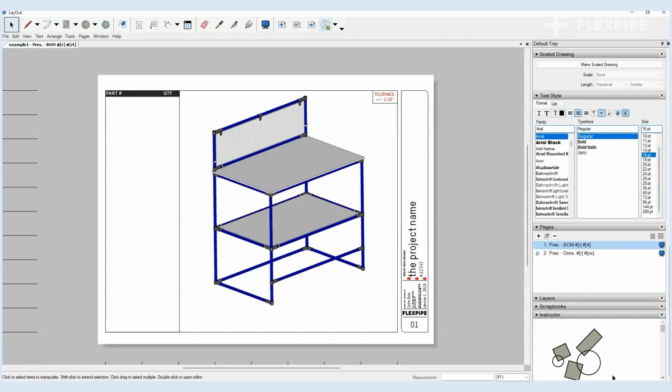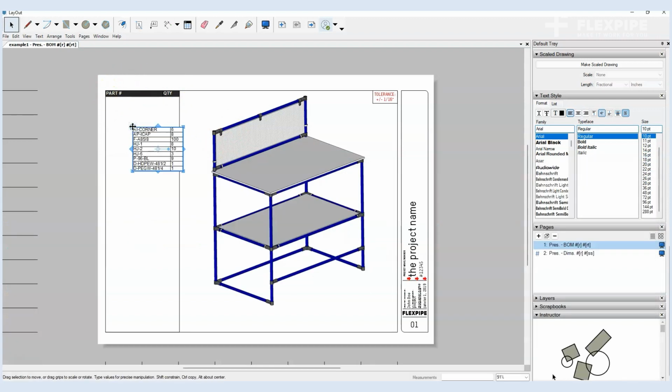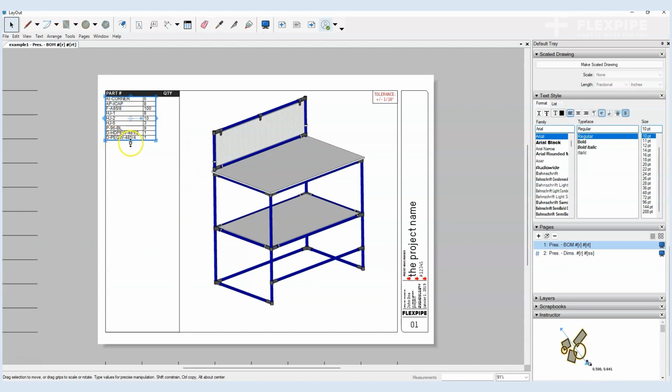So let's look for that in the downloads here. This BOM CSV full, this is the one that we want to drag and drop. So that's what we're going to do here. Let's drag and drop that in, and now we can see that we have all that information that we can always update